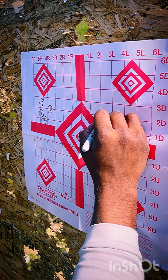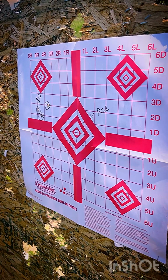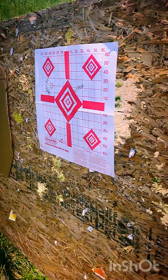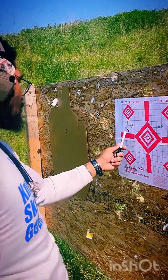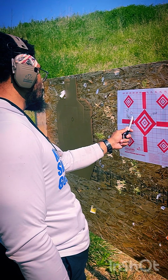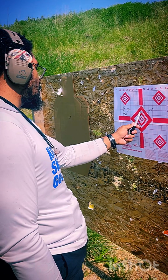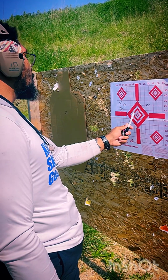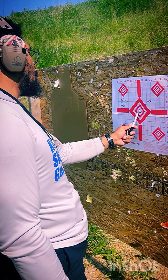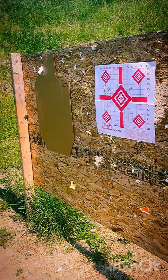POA. All right, there we are. As soon as they get defined in, I'm going to go for those just to verify. If I was to say this is more of a favor, this would be per MOA. 1, 2, 3, 4, and like a half. Okay, and then 2. 4 and 2. So at 25, that's actually